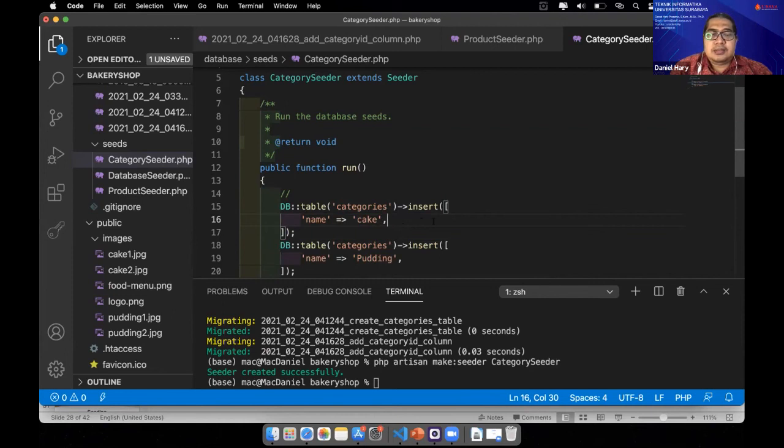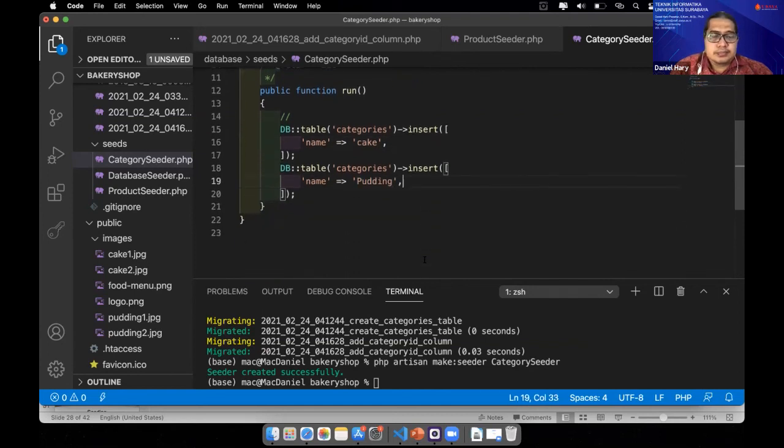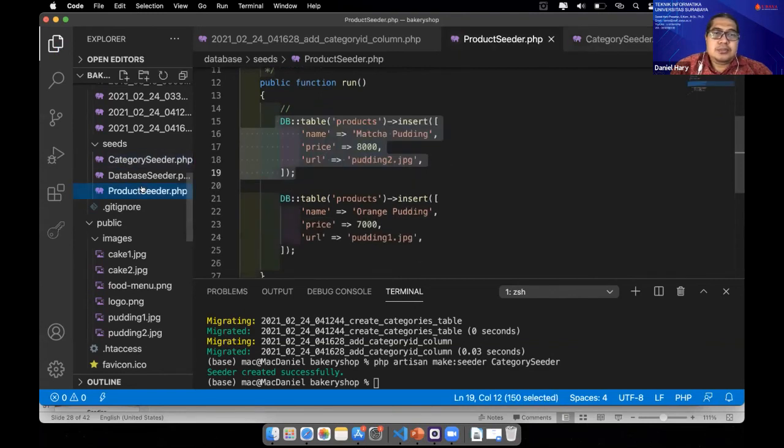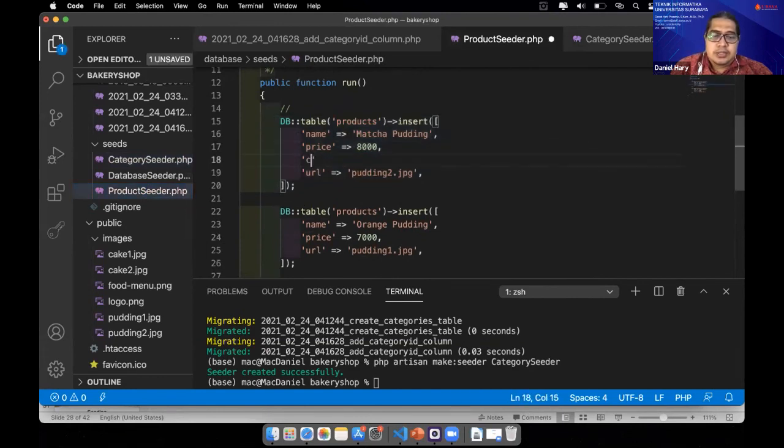So I think for our first running seeder, the cake will have ID 1 and the pudding will have ID 2. Okay, so for pudding we use category ID equal to 2. So this one.